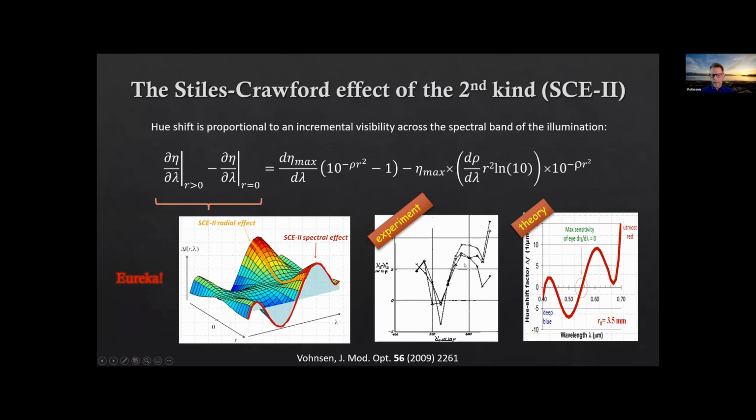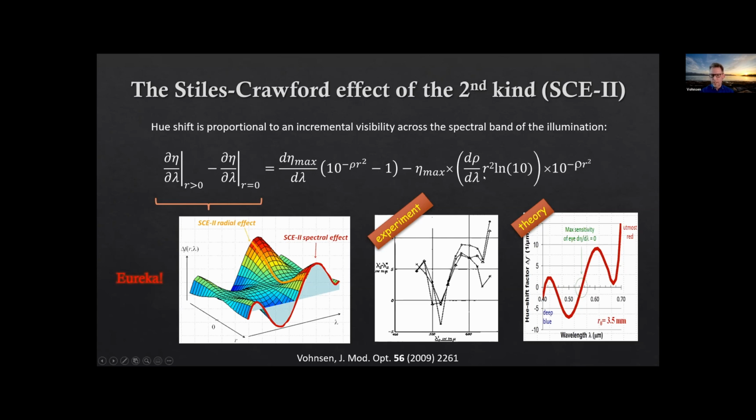And I plotted here data from Stiles' own original study, where you can see the wavelength dependence of the hue shift at a certain off-axis pupil point. And if you just take this equation and plot it out directly, you can see you obtain essentially the same results. So this really shows that the Stiles-Crawford effect of the first kind already includes everything you need to know of the